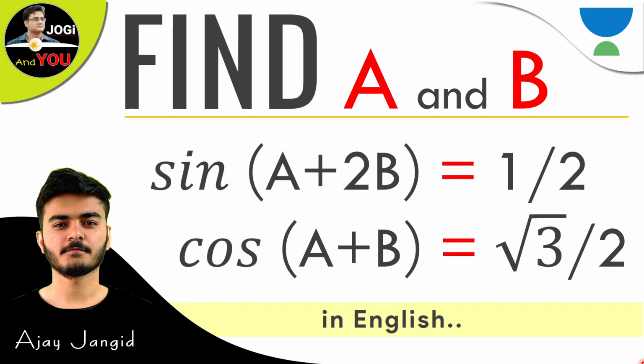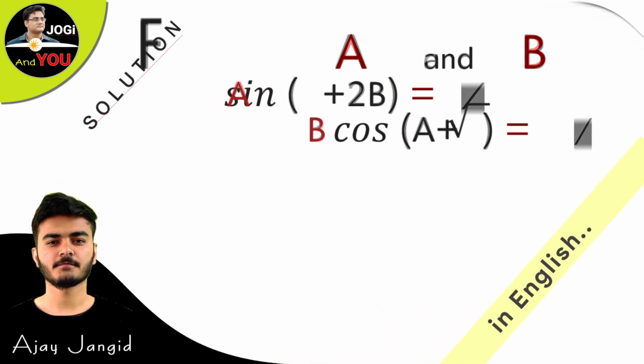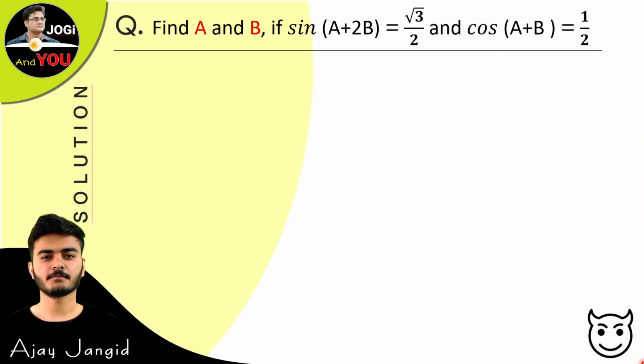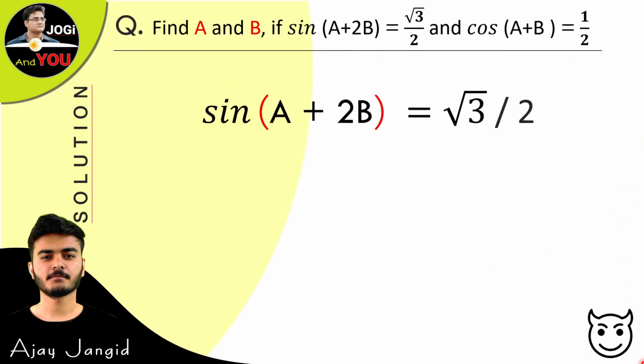So how will we solve it? For solving this, just take this question aside here. We are taking the first given thing here and the second given thing here. With the help of these given things, we have to find the value of A and B. Here we have two equations, and if you understand these two equations, then our answer will be easier to calculate. So let's see the first equation first.